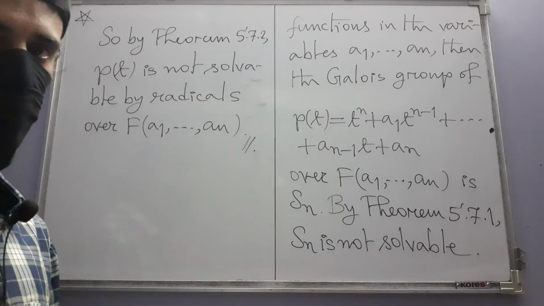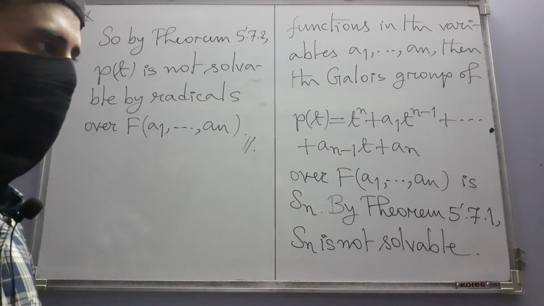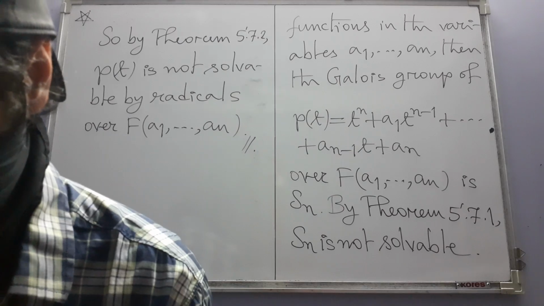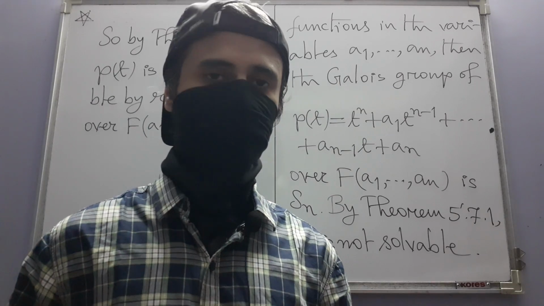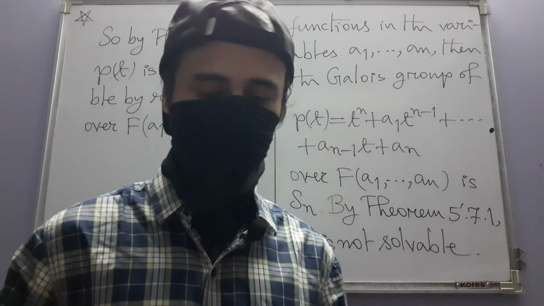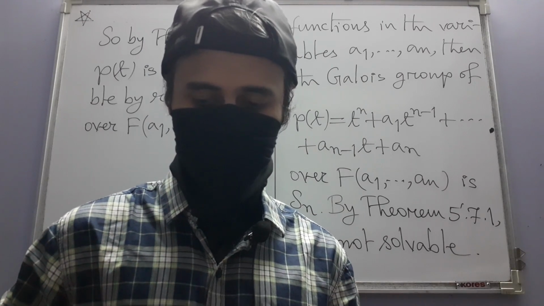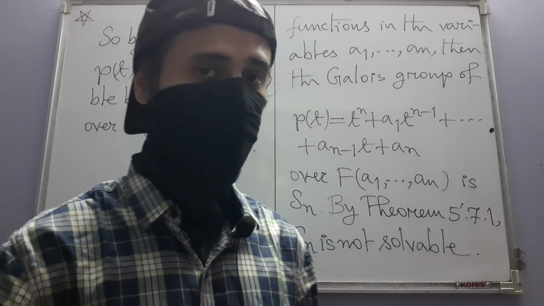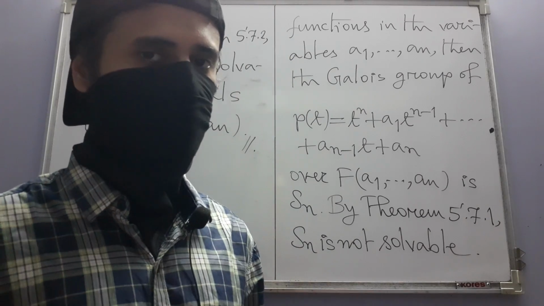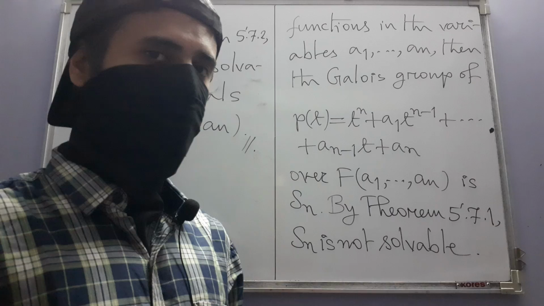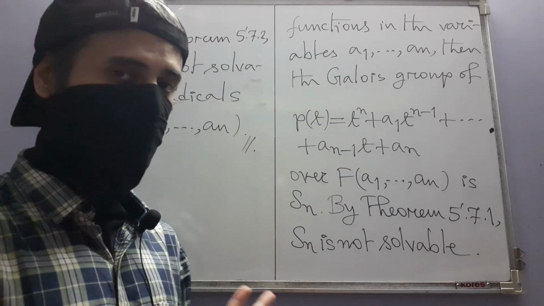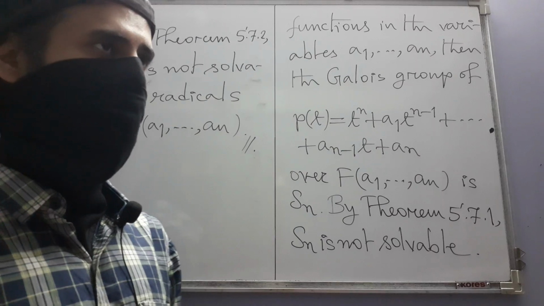After this we have the exercises, which we will do as many as we can, and there is only one more section left in field theory, which I think is Galois group over rationals, something like that. We will see what that section contains once we complete the exercises fully. And that's just it. This is a small video because we had only this much left for us.